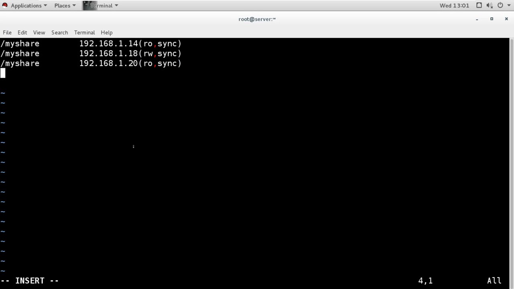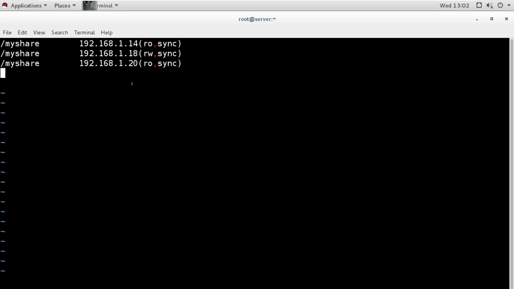So just like this, we will add all the machines' IPs which we want to allow to access the share, and if we don't add an IP, that means it will not be allowed. Previously I allowed the whole network, but now I am allowing only some particular IPs and hosts. You can mention the host name if your DNS server is working properly, and if your DNS server is not there, then you can mention IPs directly. Now here I'm mentioning only these IPs. Now only these IPs are allowed to access, and others will not be allowed.